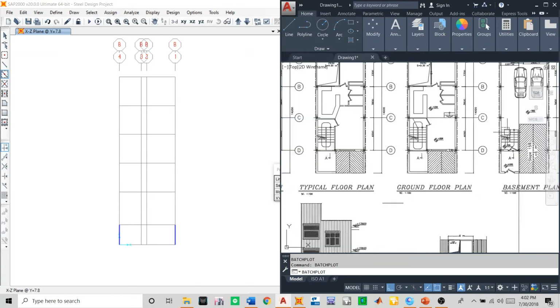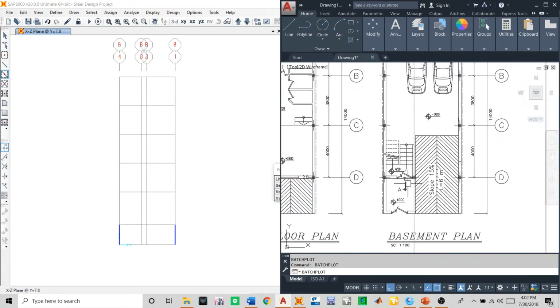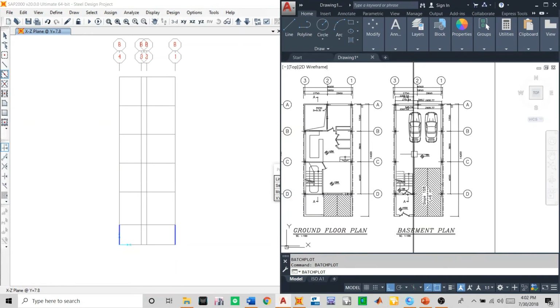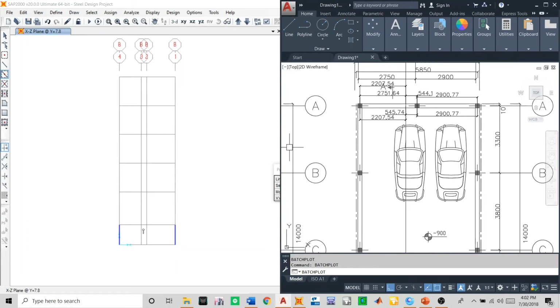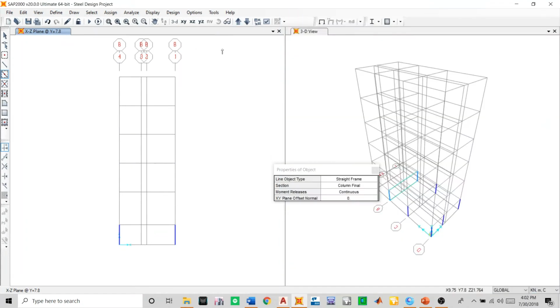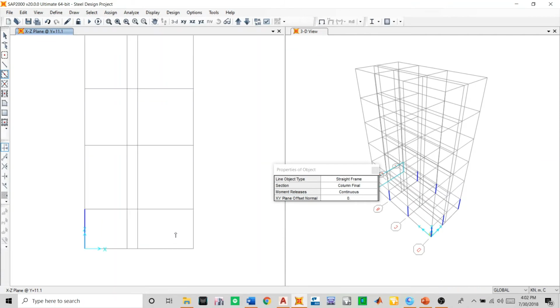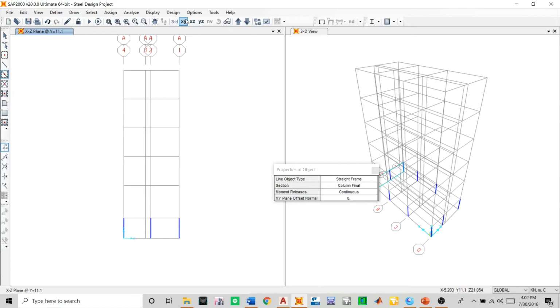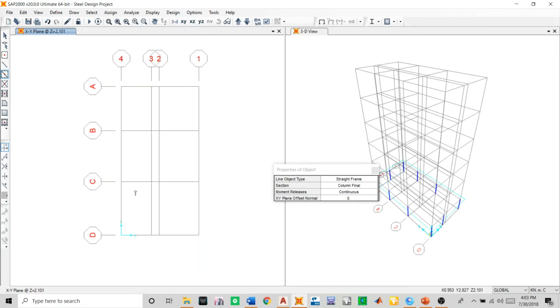Here, this one is the D. D means this, not this one. While the B, and the A, for A, don't forget, for A this one is our column. Yeah, and go to plan. Yeah, we are in this level, ground floor level. Okay,